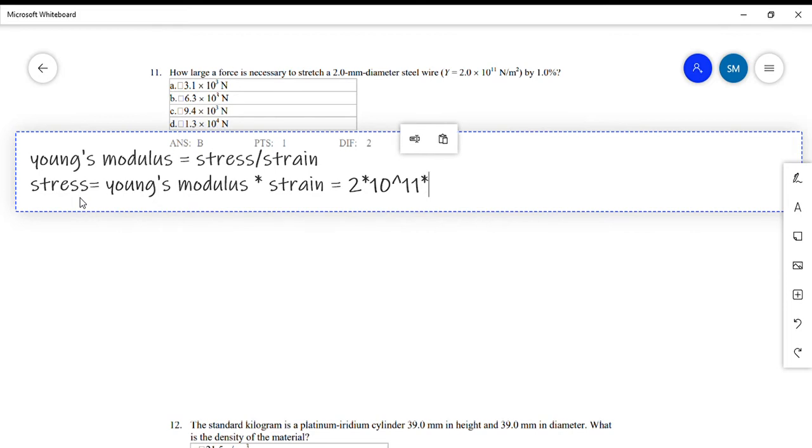Times the strain, as I just said, 0.01. So the stress is simply equal to 2 times 10 power 9